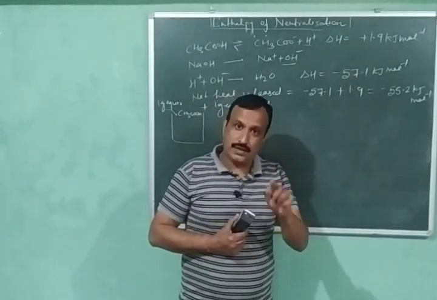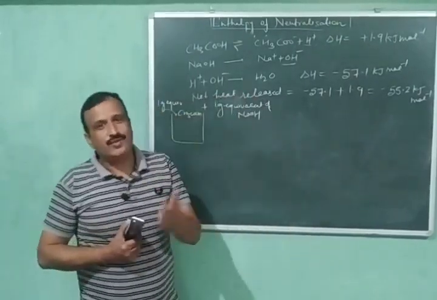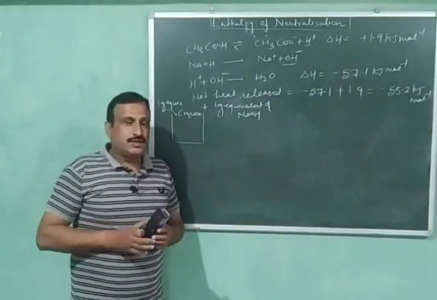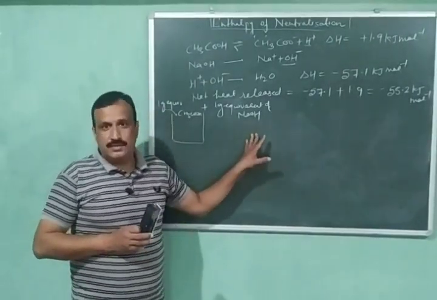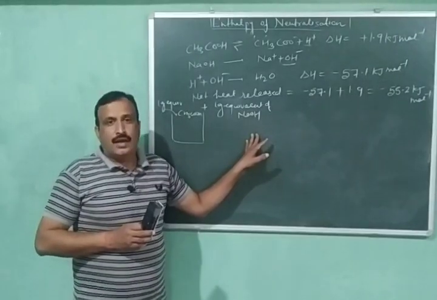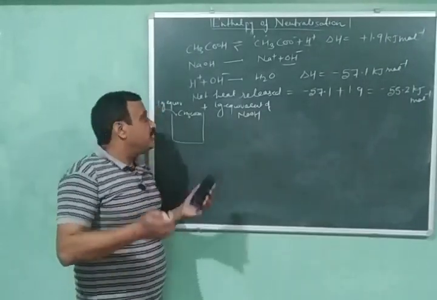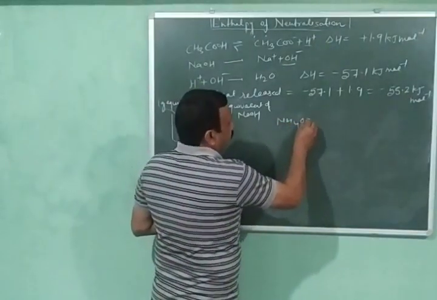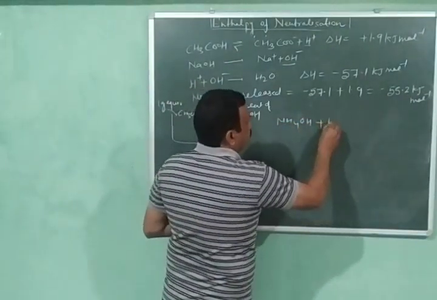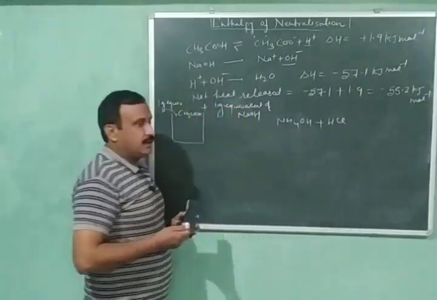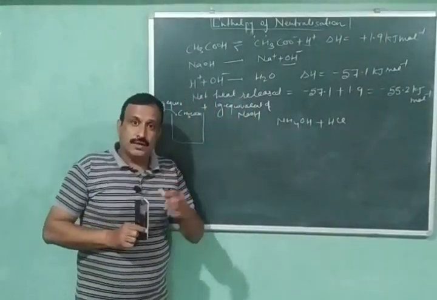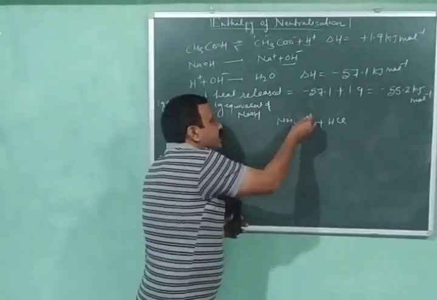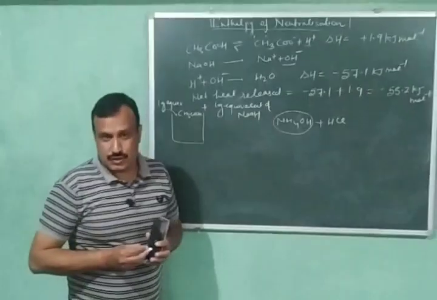Okay, so part of the heat released is used to ionize the unionized acetic acid. This is why in this case the heat released is less. And further, if we have a weak base like ammonium hydroxide and a strong acid like HCl, in this case also some amount of the heat released will be used to ionize the weak base,